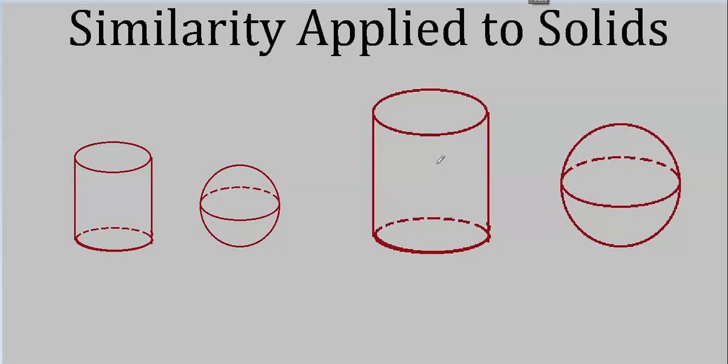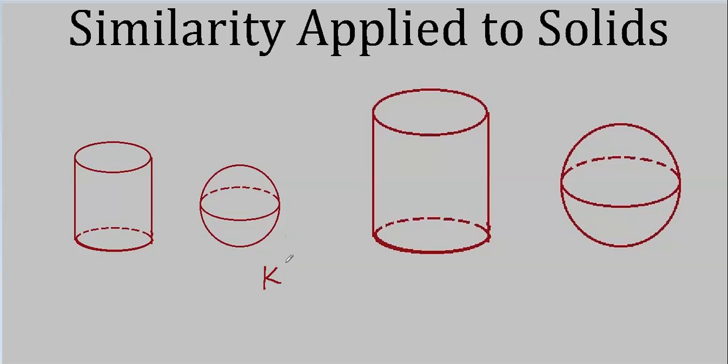What's the important part about all this anyway? Why are we even talking about similarity as it applies to solids? Well, the most important thing is that if we have a scale factor between the 2 solids, all the linear factors will change as the scale factor. For instance, in the pyramid, we had the height, we had the side lengths, and we had the slant height. Those are all linear measurements, and they will all get multiplied by K.